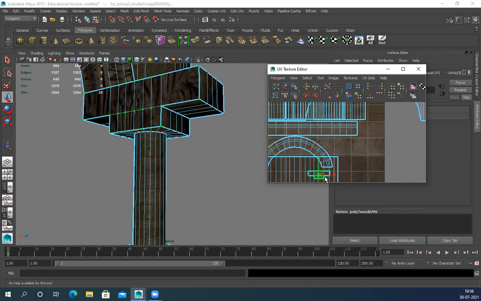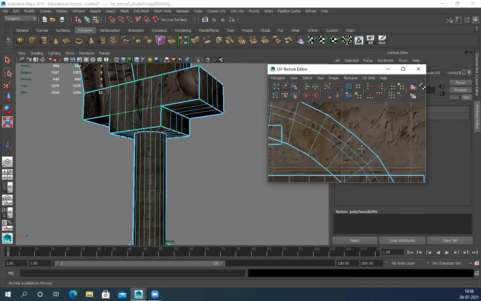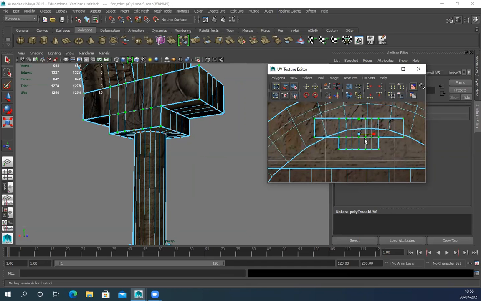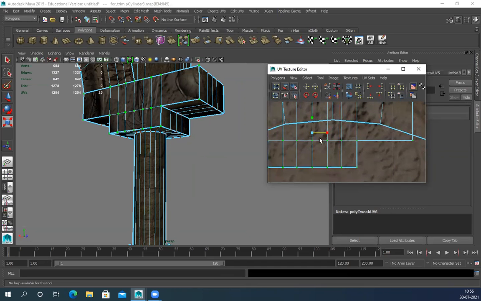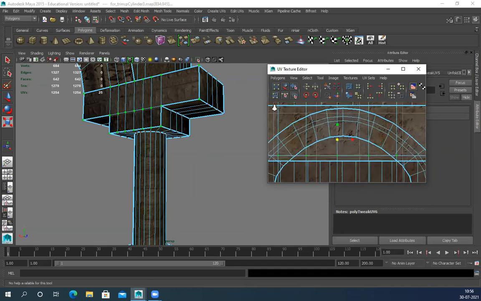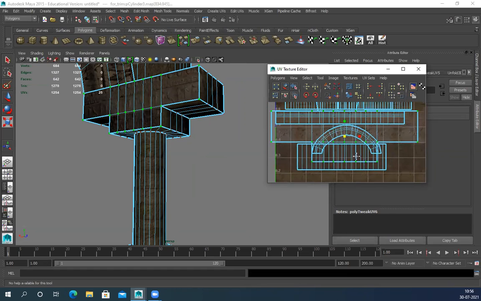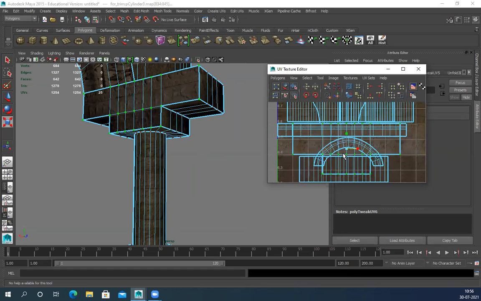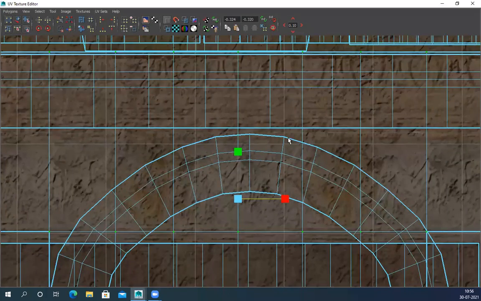For this area, suppose I want to use this design, I can definitely use it. I've just used a design. It doesn't mean you have to use a design. You can use a normal, simple, generic texture also. Why is it behaving like this? That's very strange.